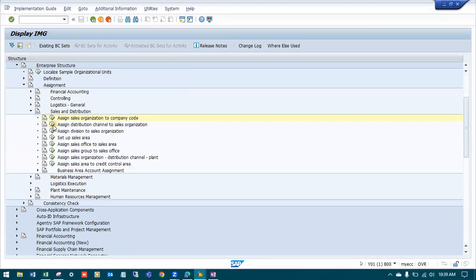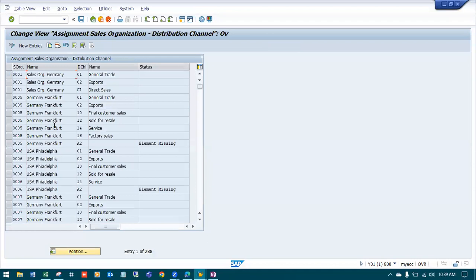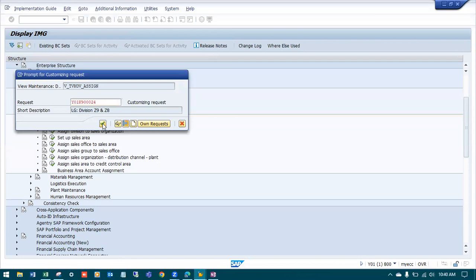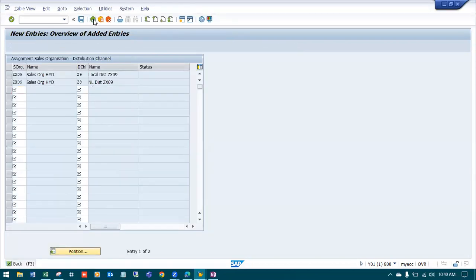We have various distribution channels, right? Couple of distribution channels. I'll click on new entry, sales organization ZX09. We have distribution channel Z9, which is local sales. For this sales organization, we have one more distribution channel with Z8, which is non-local sales. Enter and save it. Moving further,